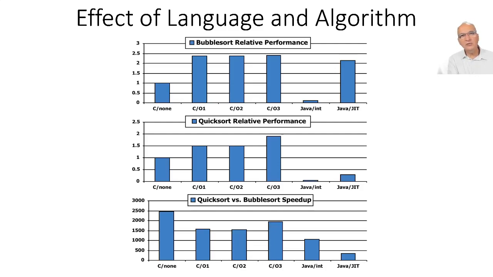So the gains that you get from the types of knowledge that you gain in 229 are in the order of a few percent up to 100%. You could get up to 2.5 times faster, but not much more than that. But consider that after you have made the right choice of algorithm and you have made the right choice of programming language, even a 5% improvement in your final application can be significant in certain areas.